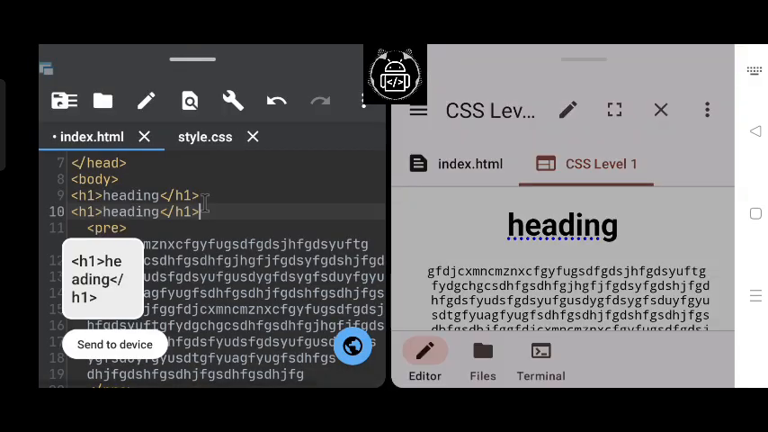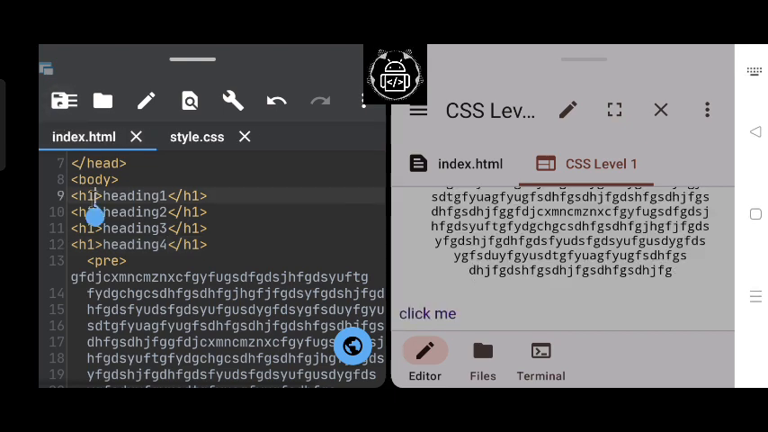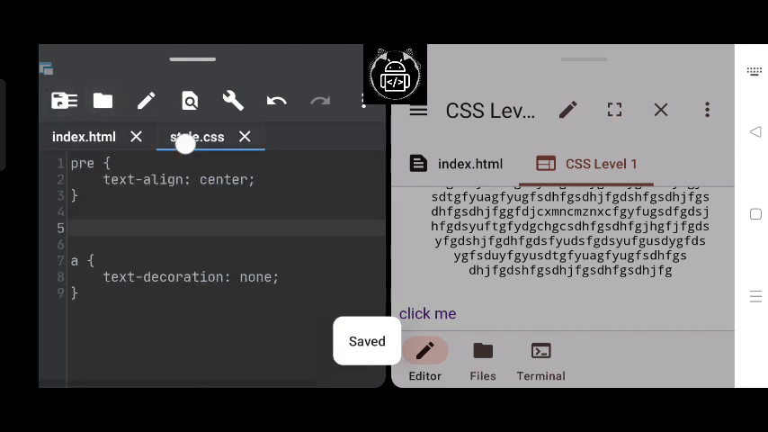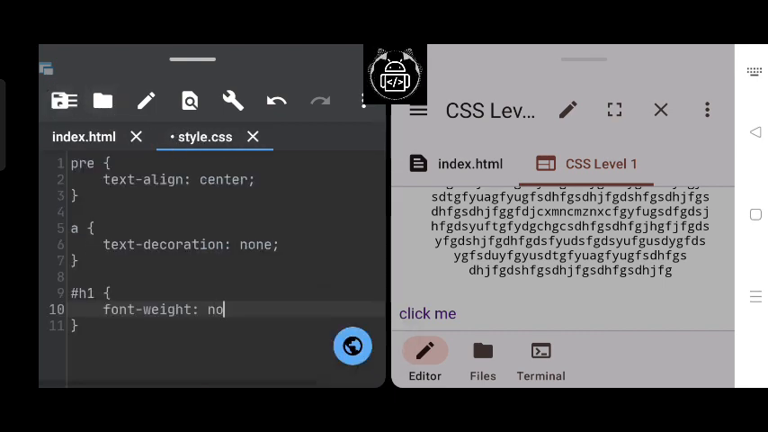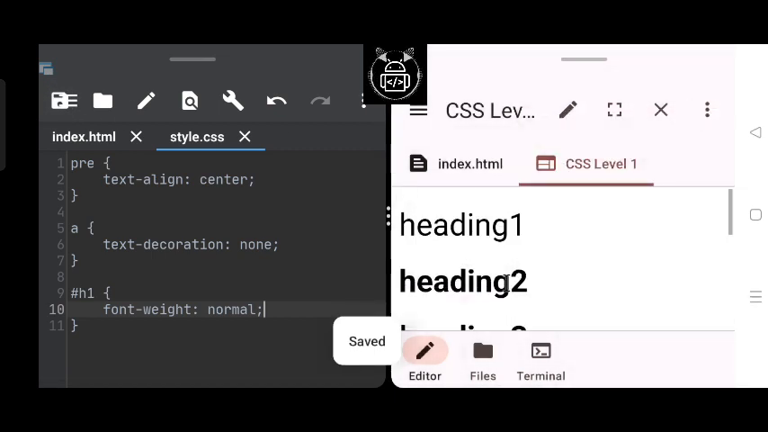Let's try it once. I have created these 4 headings. Next, I will write ID attributes inside these headings with values H1, H2, H3, H4. Then we'll select these headings with the help of ID selector. First, we will create an ID selector for the first heading with property font weight and value normal. After saving, we will see the first heading has changed to normal font weight as compared to the other headings, because by default H1